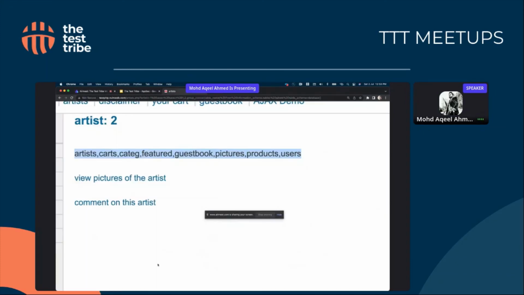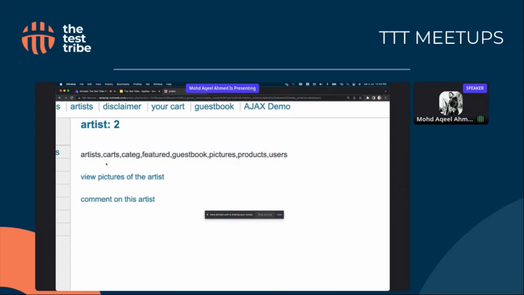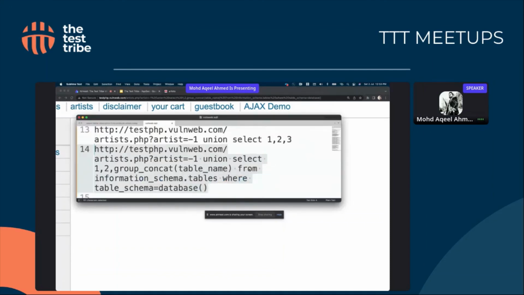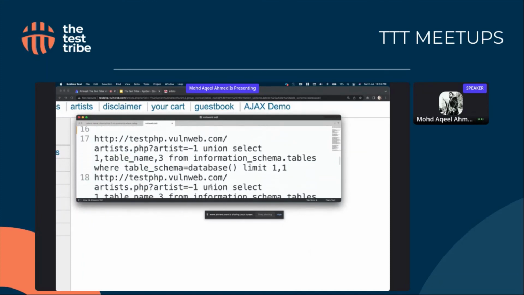Cool, you are able to see. Right, so you have these many tables, and if I were you, I'll definitely go with this users table and see what information it contains. So the next step I'll do, I know the tables. Now it's time to see the columns, and in the columns, I'm only interested in,